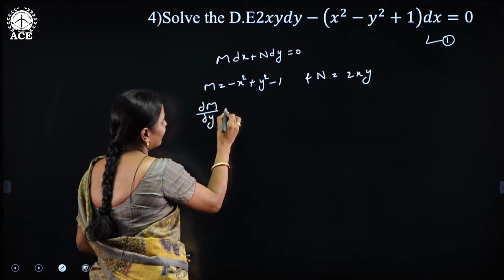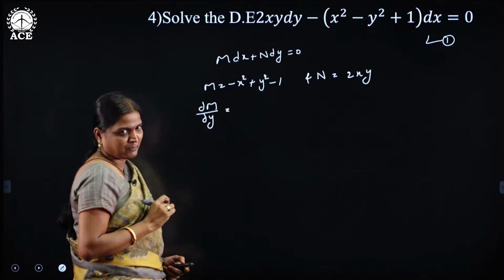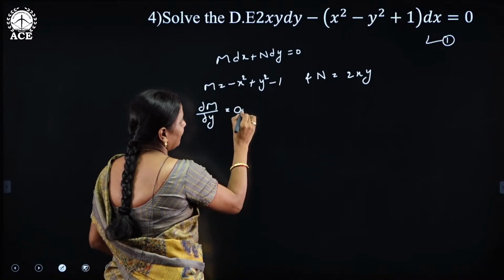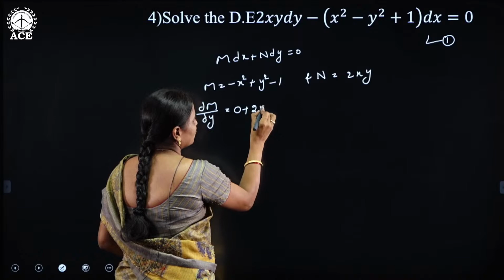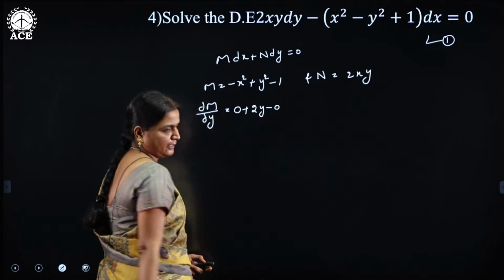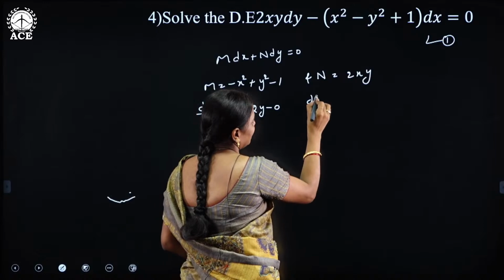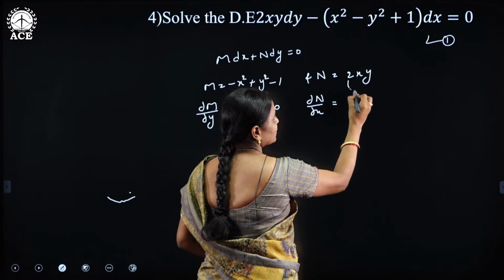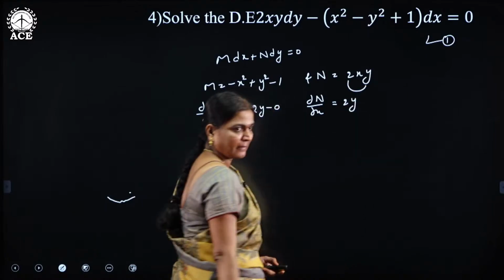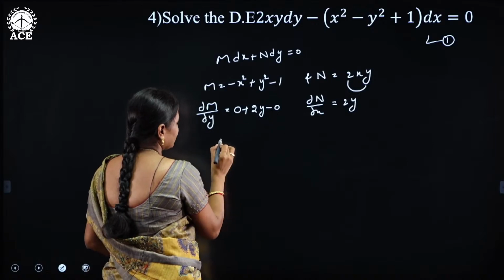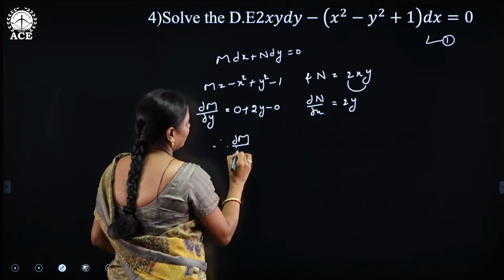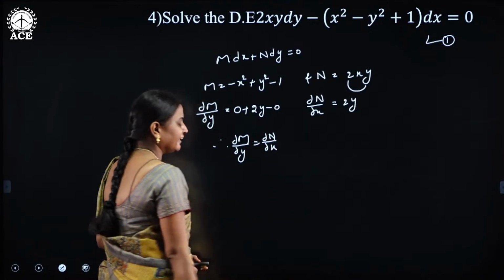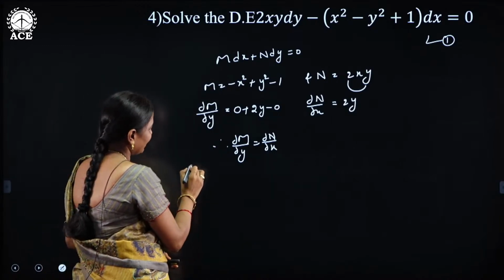What is the dou m by dou y? Here partial differentiation is performed with respect to y. So differentiation of minus x square is 0 plus differentiation of y square is 2y and differentiation of 1 is 0. And if we differentiate n with respect to x, differentiation of x is 1, its coefficient is 2y. So from these two equations, dou m by dou y is equal to dou n by dou x. When the necessary condition exists, equation 1 is called